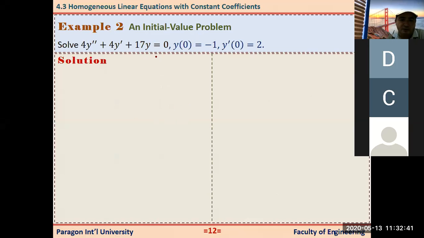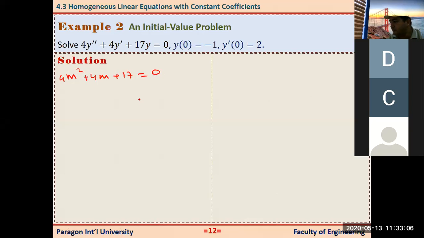So for this initial value problem, first we should just ignore these conditions and try to find the general solution of the differential equation. Then using these conditions, we will find those constants, C1 and C2. To do this, the auxiliary equation will be 4m squared plus 4m plus 17 is